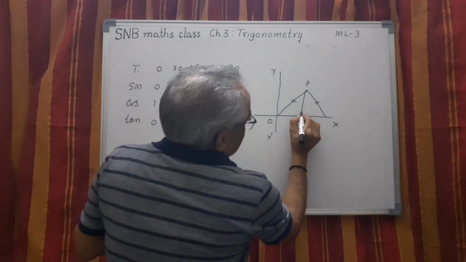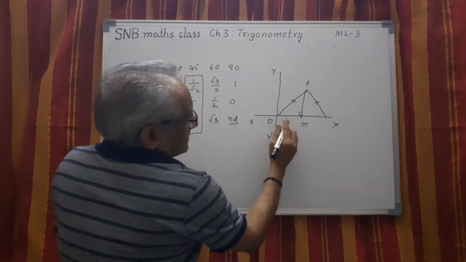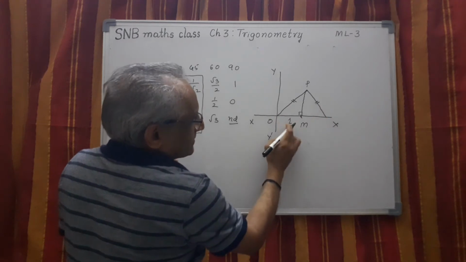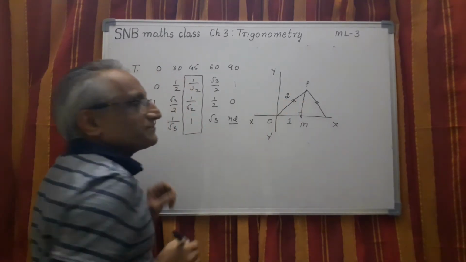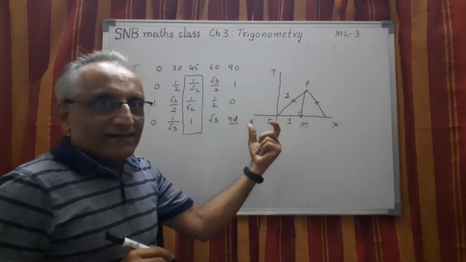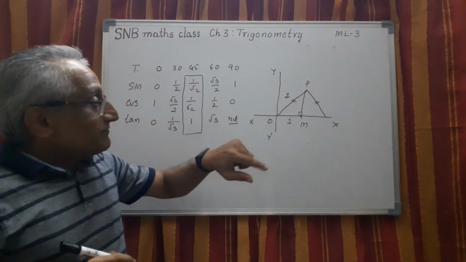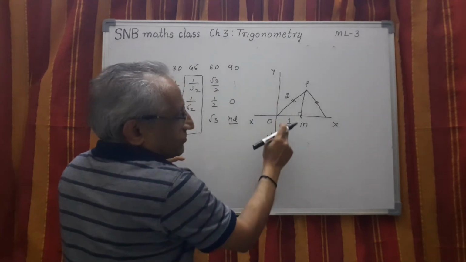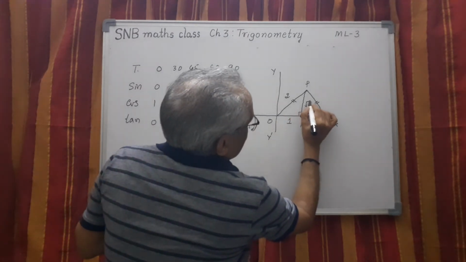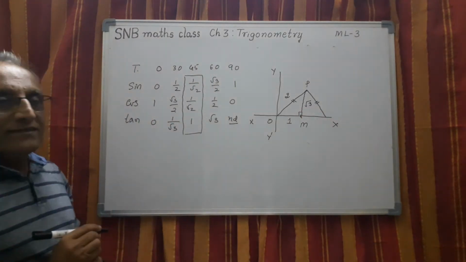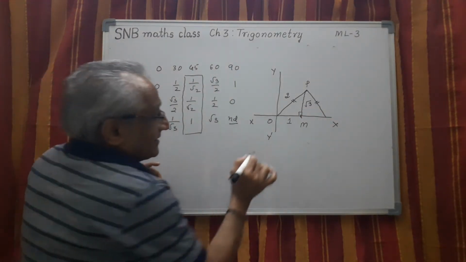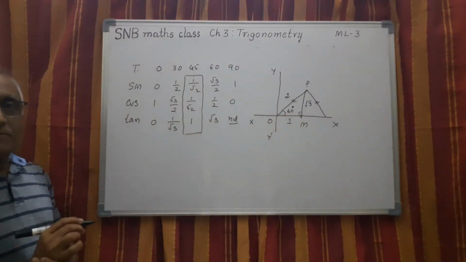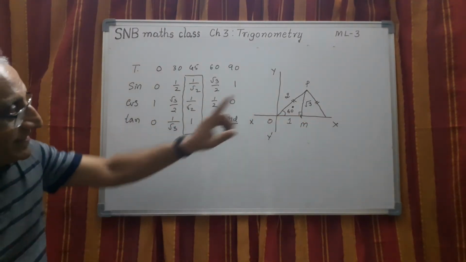So now this is 1 unit. If you take this entire side as 2 units, this is 1 unit, and this is 2, because equilateral triangle. And you know from Pythagoras theorem, if this is 2, this is 1, 2 square 4, 4 minus 1 is 3, so this is root 3. Now our construction is that this is 60 degree, 60 degree. Therefore now look at the diagram.